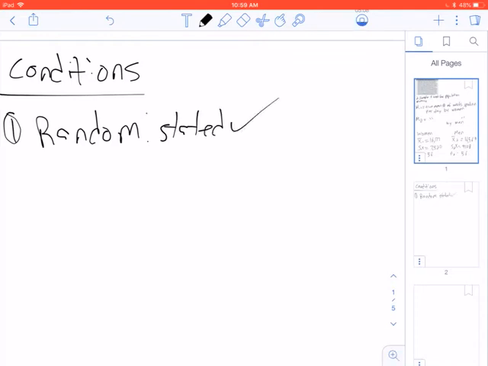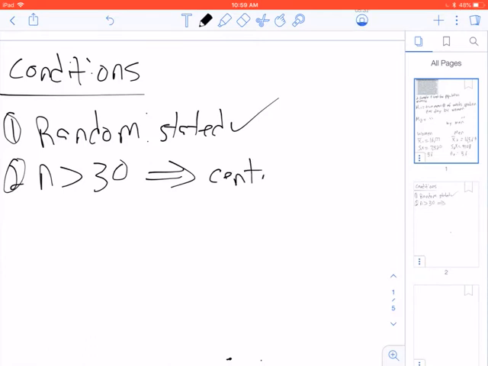Check. Right? The second thing is, do we have that normal shape in each sampling distribution, which we'll know if we're doing means. If we're doing means, was the sample size for each one bigger than 30? And then on the exam, if it is, you can write central limit theorem. I have to look up how to spell theorem because I'm a terrible speller. Oh, I was right. Theorem.